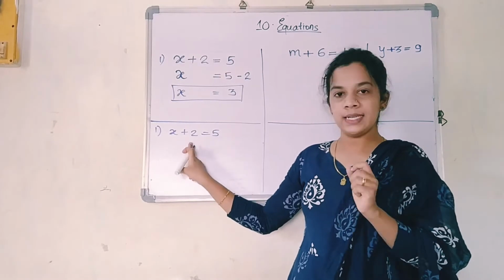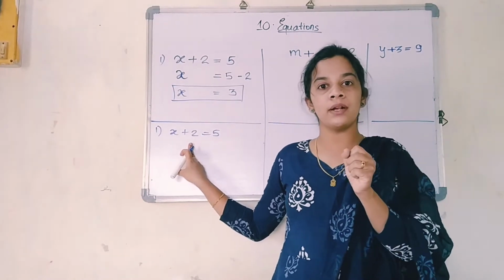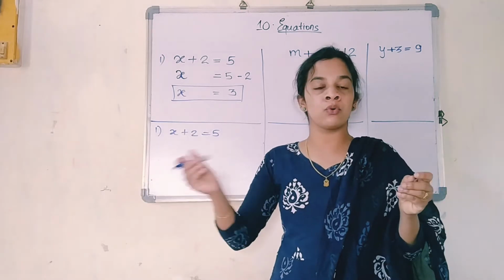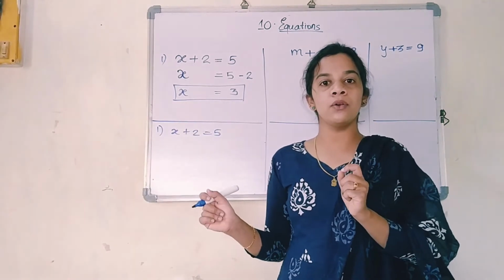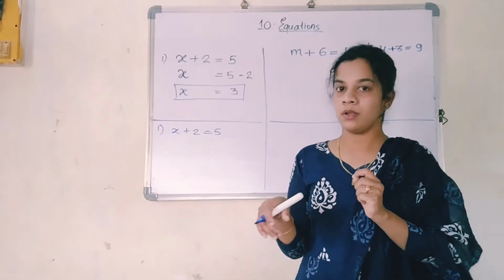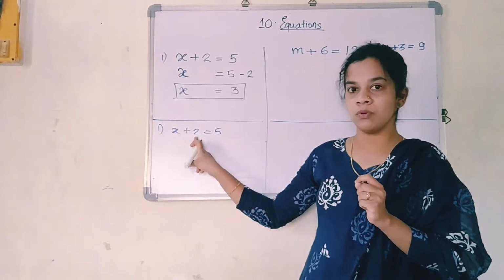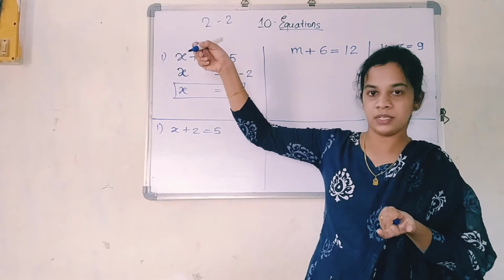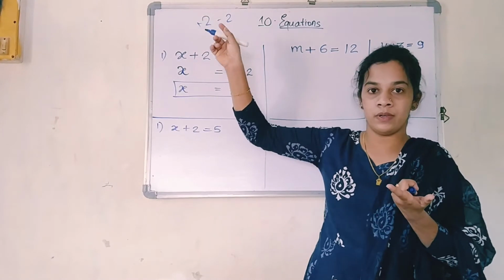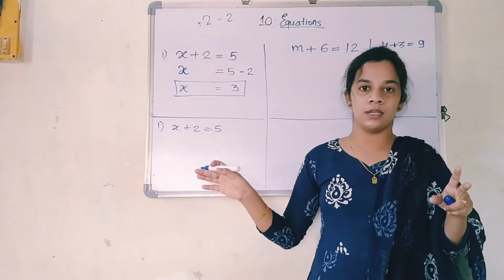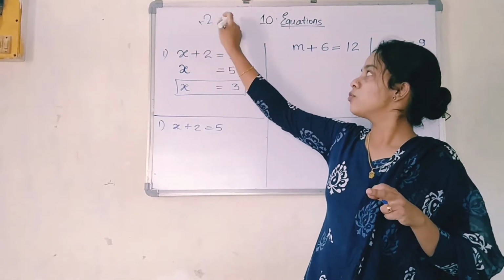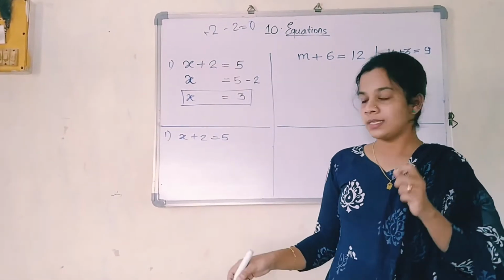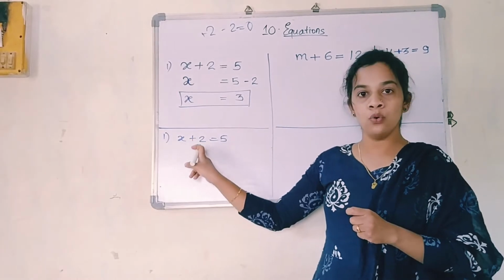So this 2 is disturbing me. How can I remove that 2 without throwing it out? Yes, what I can do is add minus 2 to it. Here it is plus 2. You can clearly see 2 minus 2, what will be the answer? 0 itself. Now the sign of 2 is always plus, when there is no sign, always plus is there. So this plus 2 minus 2, what will be the answer? 0 itself.